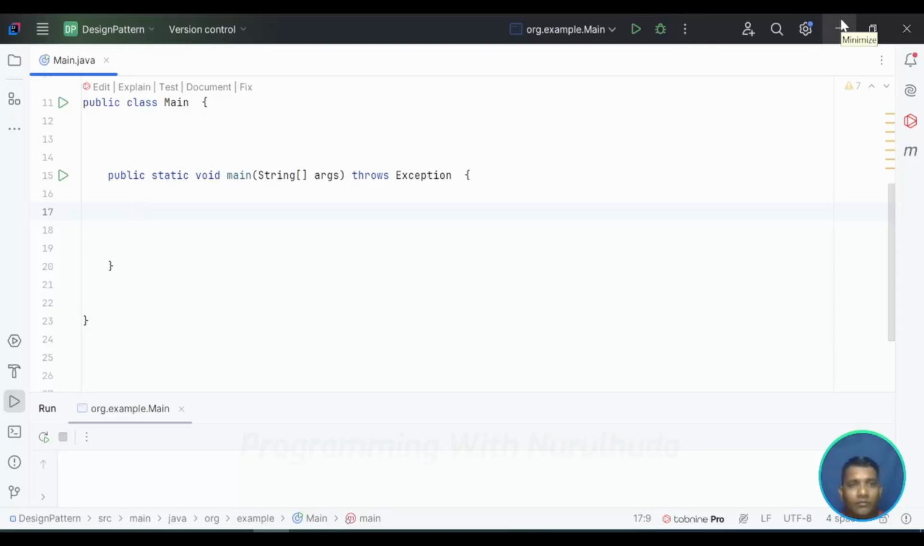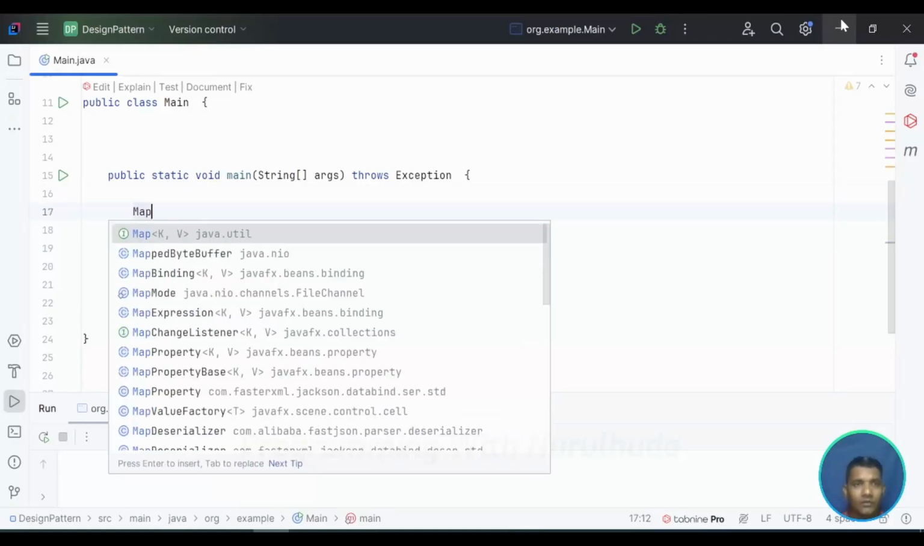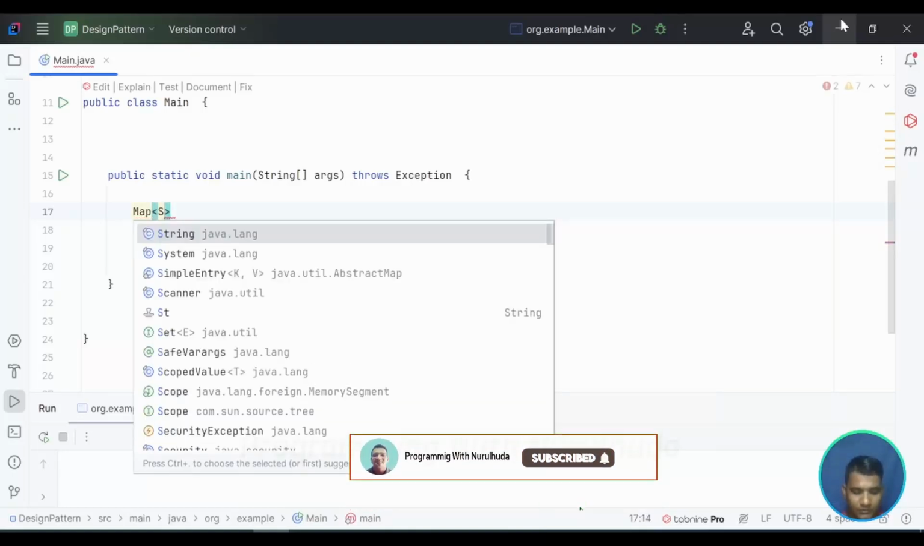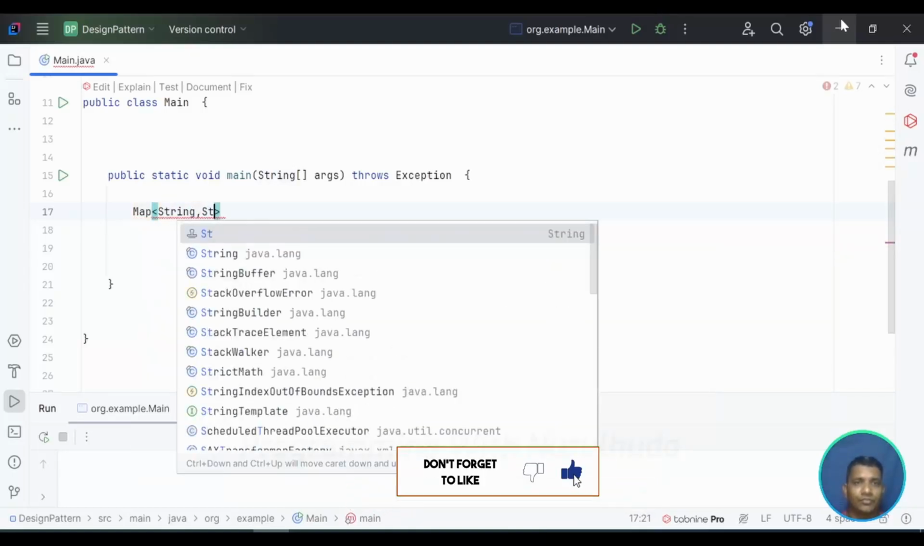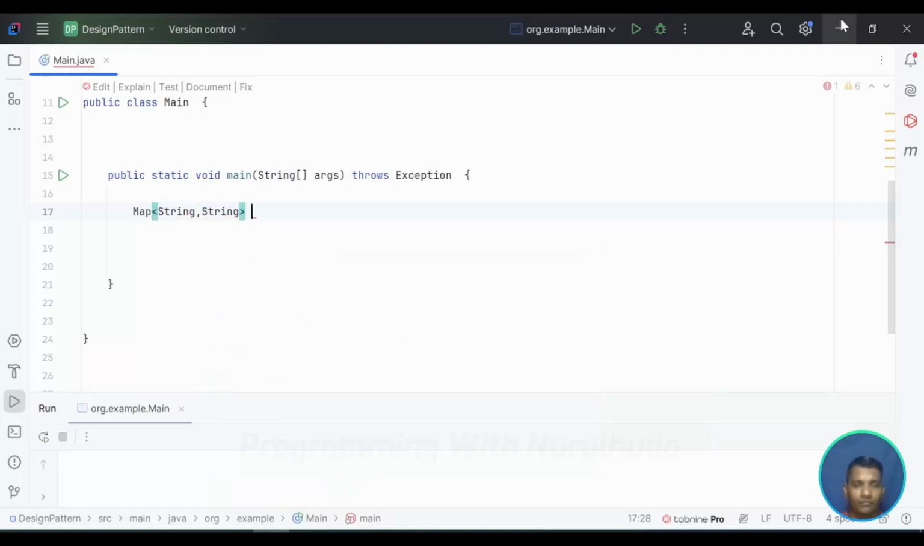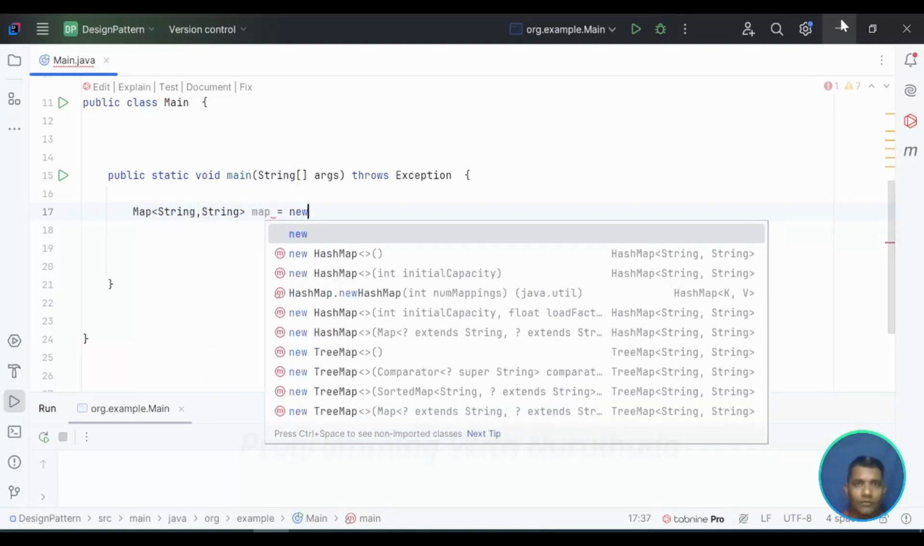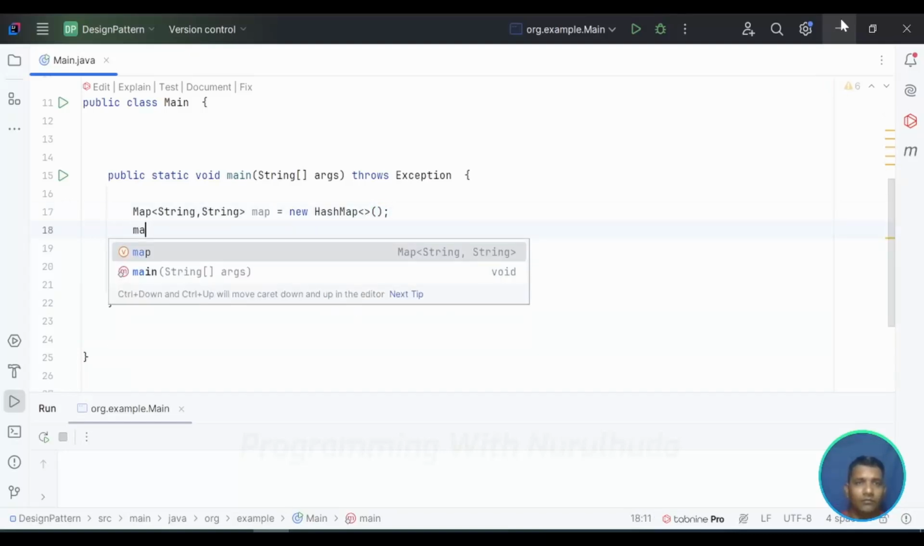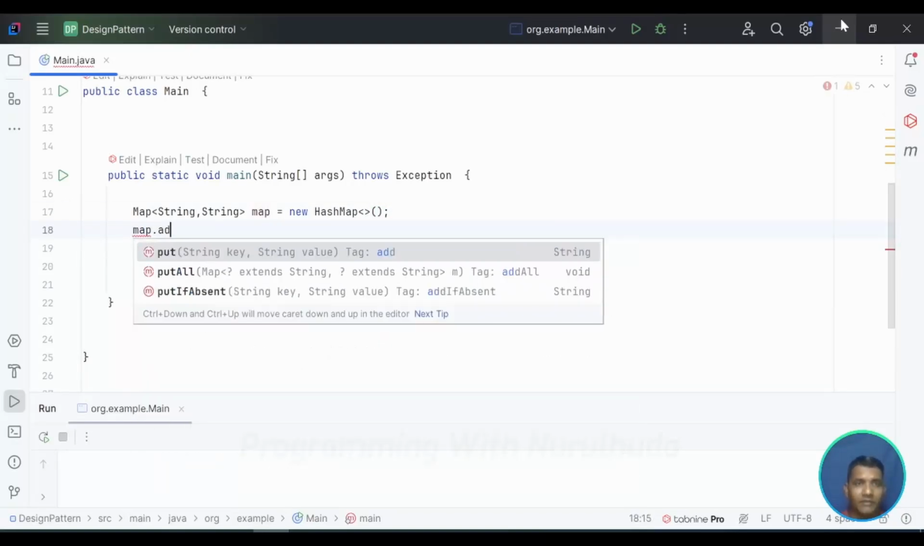Hi. Today we are going to convert one HashMap to another HashMap with a different generic type. Now we start. We need a map with String and String, new HashMap, and we can add four elements: